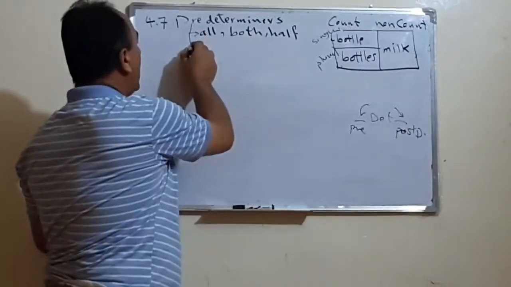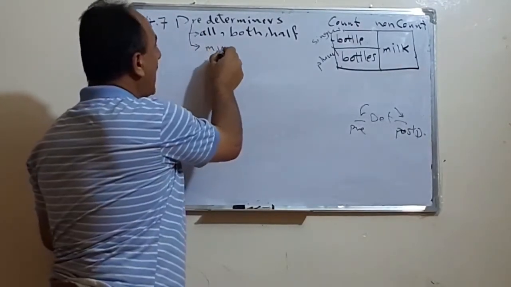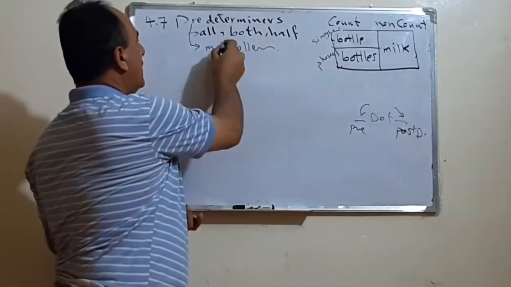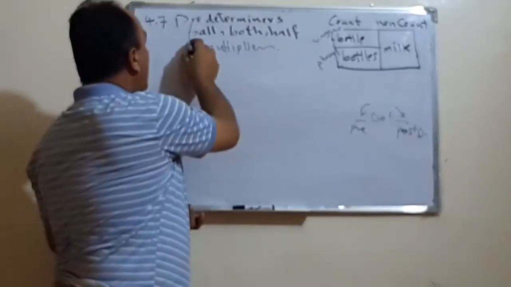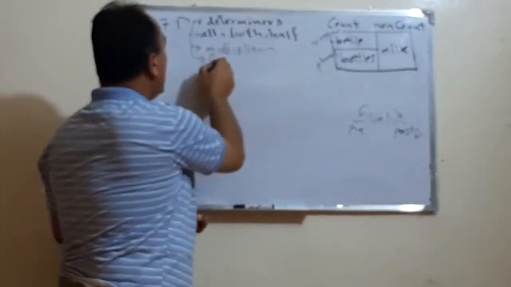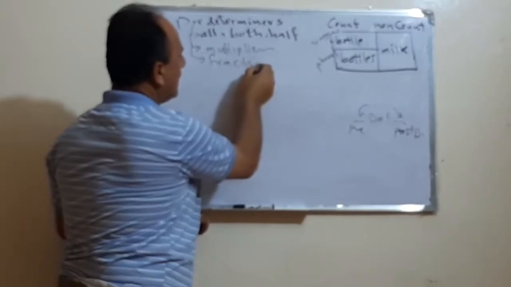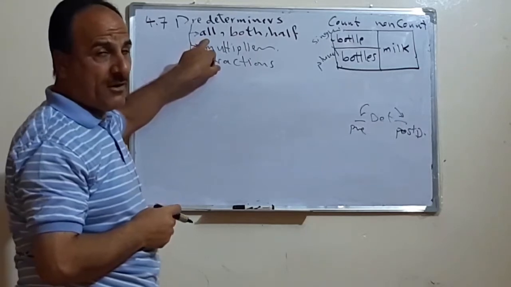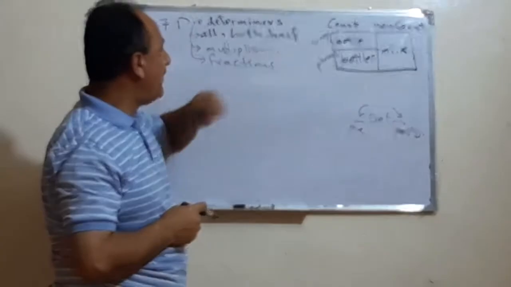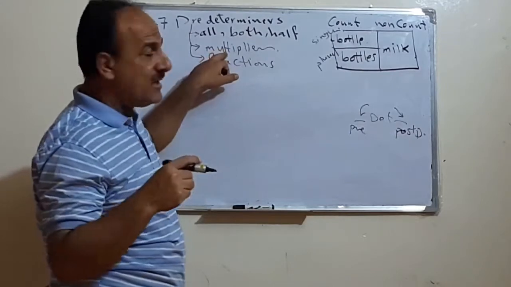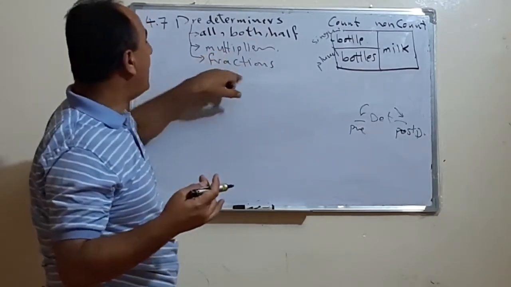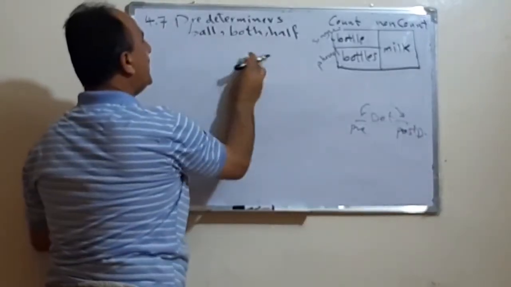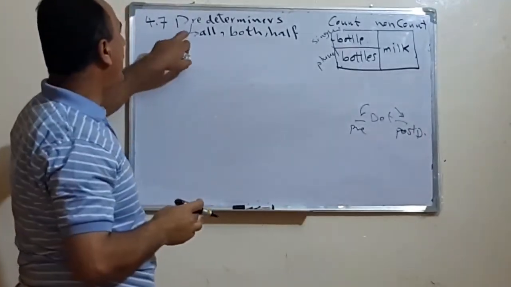The first group consists of three members: all, both, and half. The second group, we have what we call multipliers. And the third category, we have what we call the fractions. Now we leave these two. Next time we'll take them, and we take the first group of these